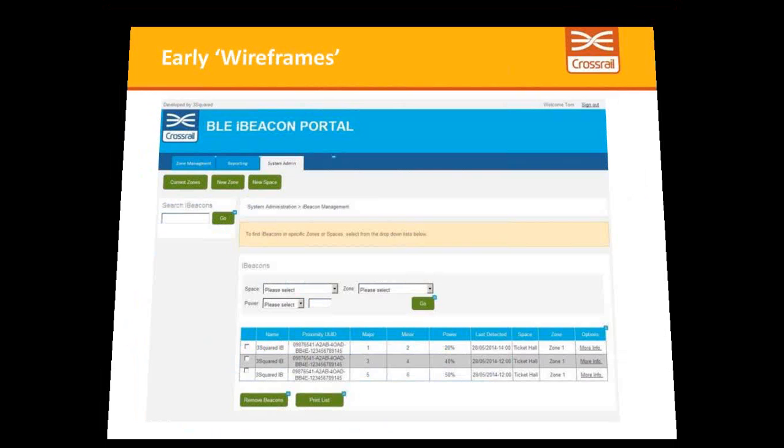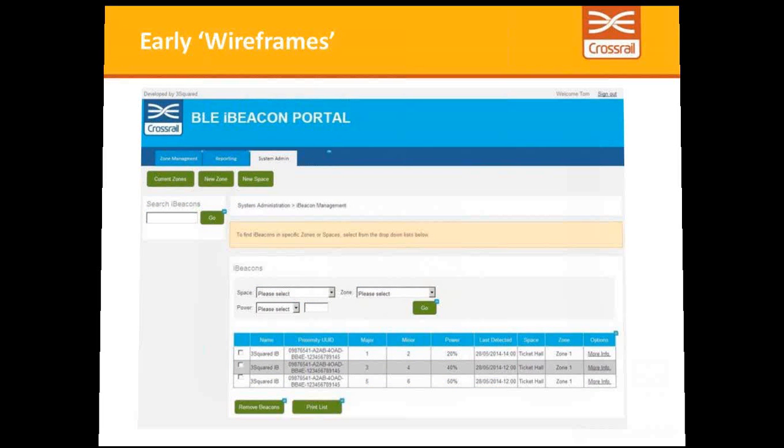So I'm just sharing with you here some early wireframes. We're in a series of fast sprints for development at the moment. There are 3 sprints during this phase. We've been through functional requirements. We've written a detailed system design, given that to the software solutions provider, and they've developed some wireframes. So here's an example of the portal. This could show how you could manage and set up zones.